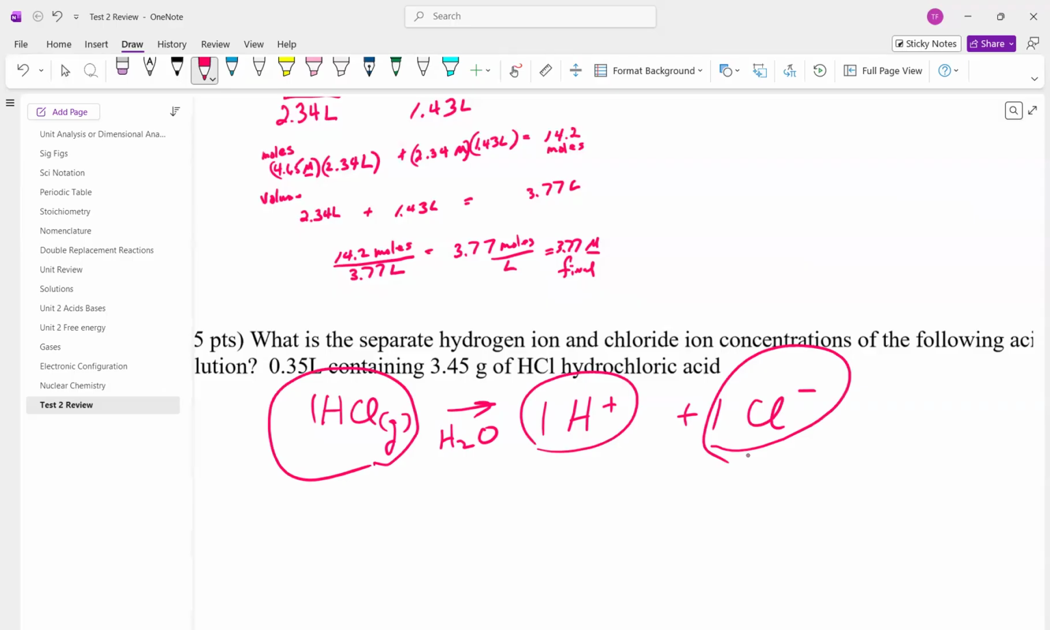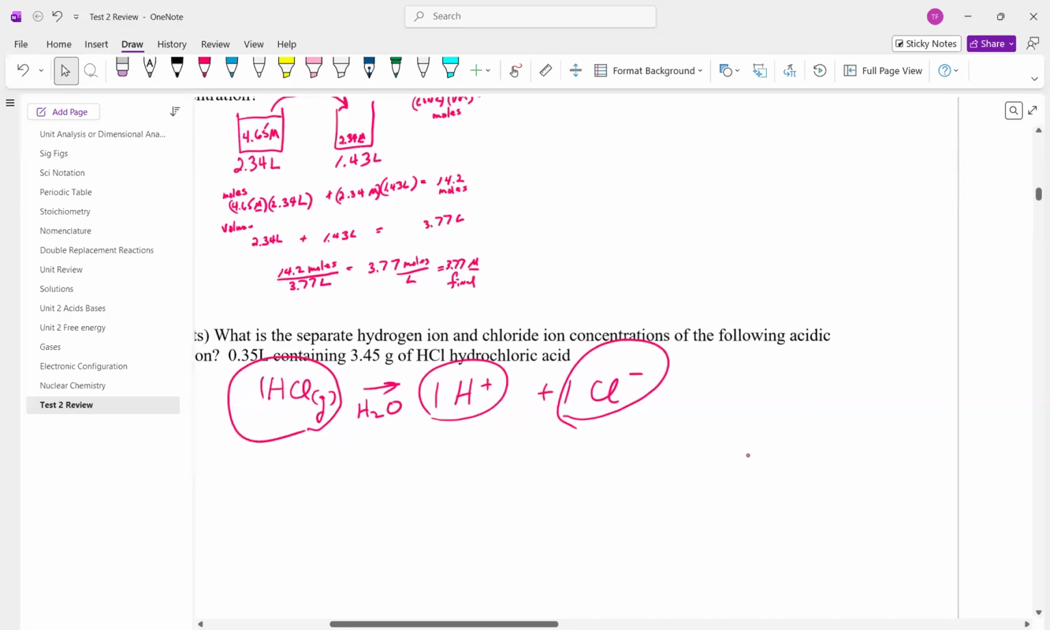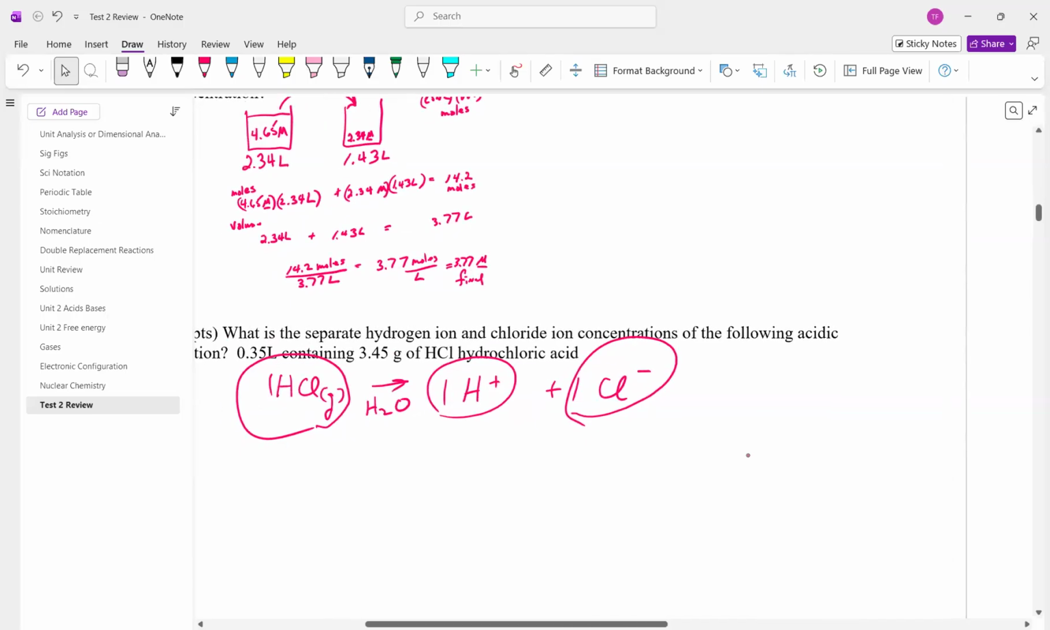Okay, so let's look at the concentration of HCl. And that automatically equals H and automatically equals chloride. Okay, so we've got